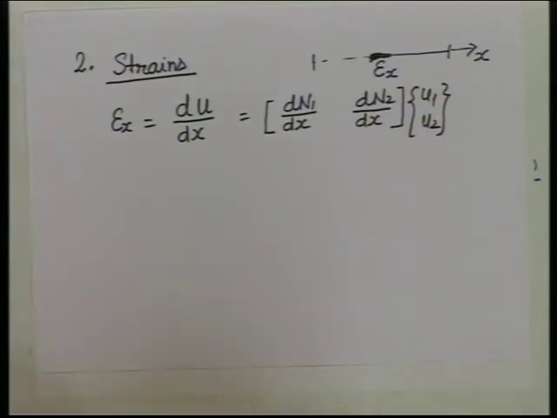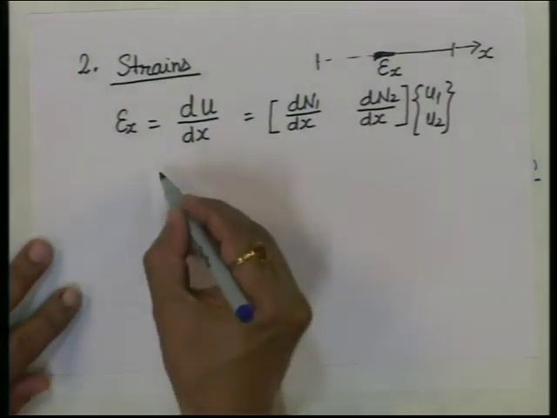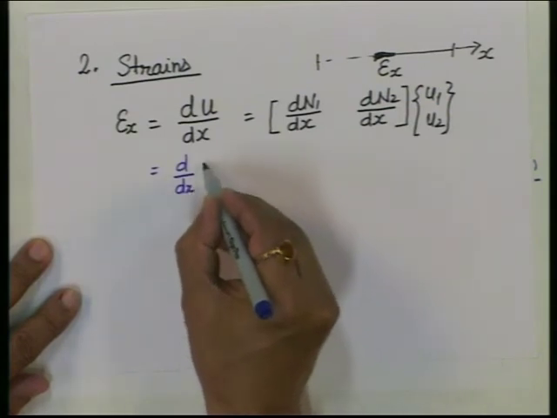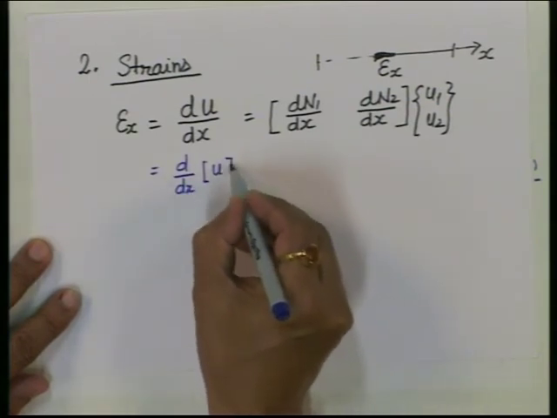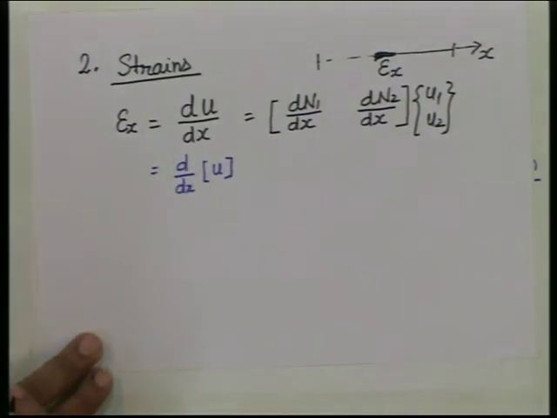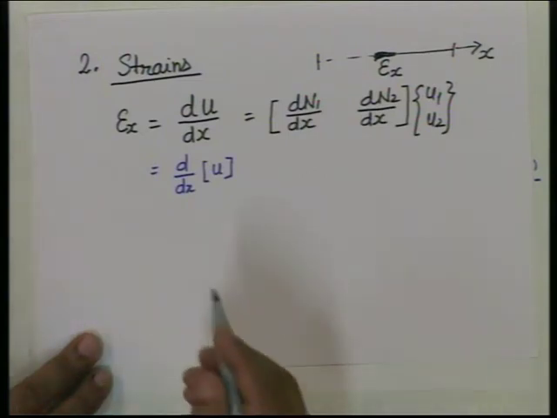So, this can be written, I could have written also before this d upon dx separate u here. Of course, there is only one quantity. So, there is a derivative which is coming here. Yes, okay. Anyway, this is all right. So, this is n1 n2, dn1 and so this matrix